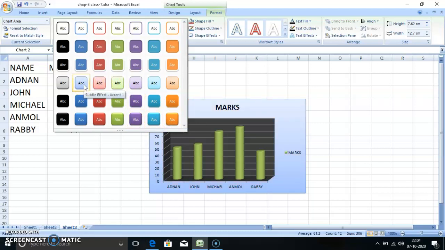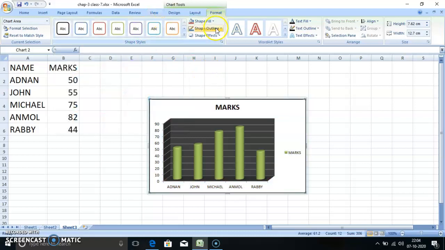Hope you all understood the difference between the design and the format tab. Now next, see, shape fill, shape outline. When we click on WordArt styles, the style will change, in this blue, in this red. The outline of the font is red and inside it is white, I think.